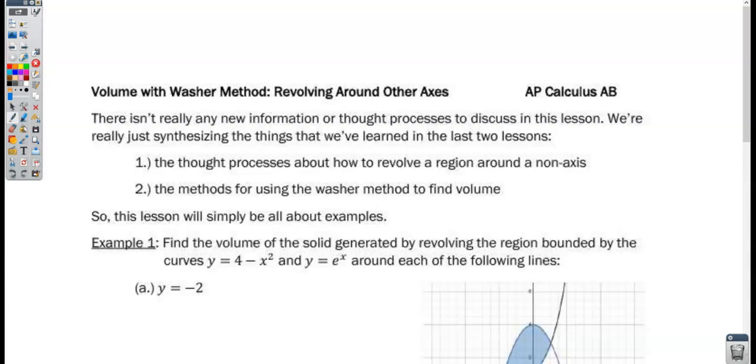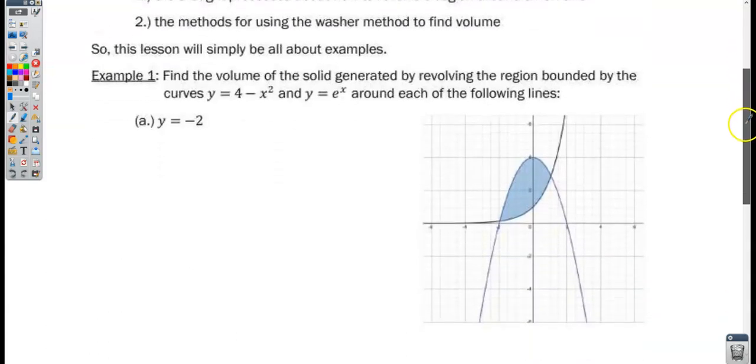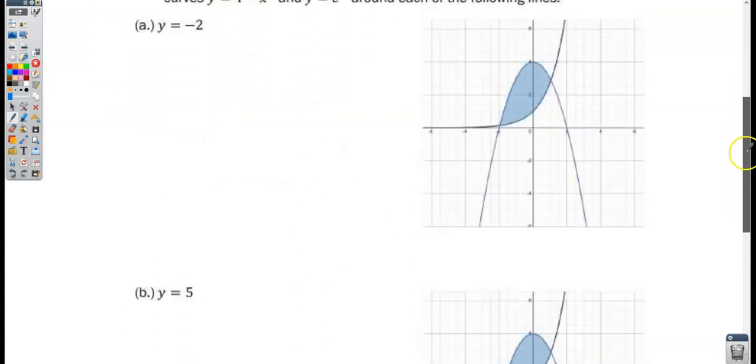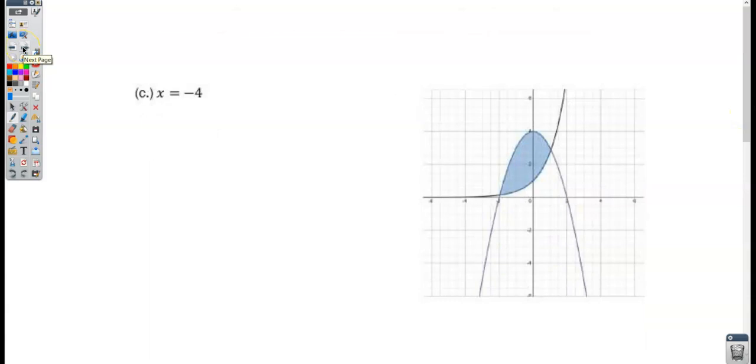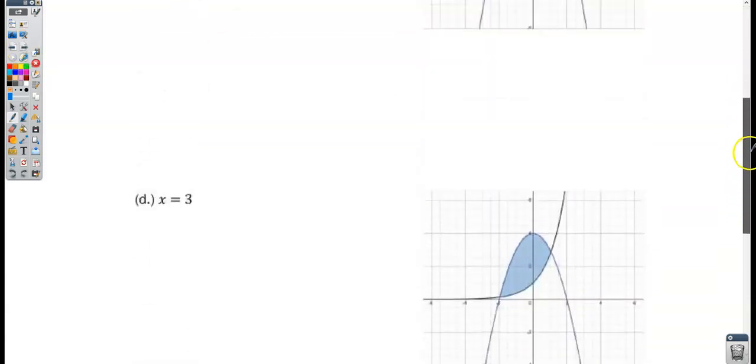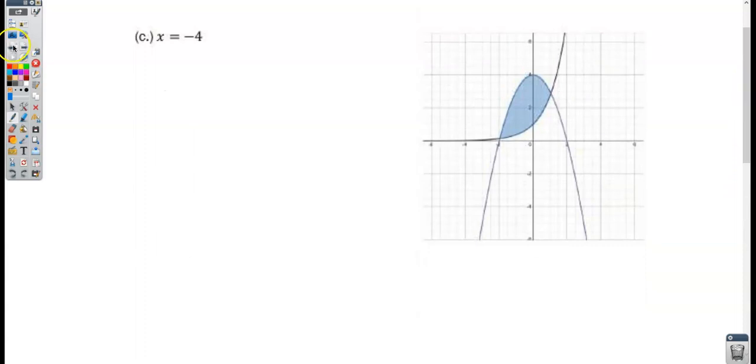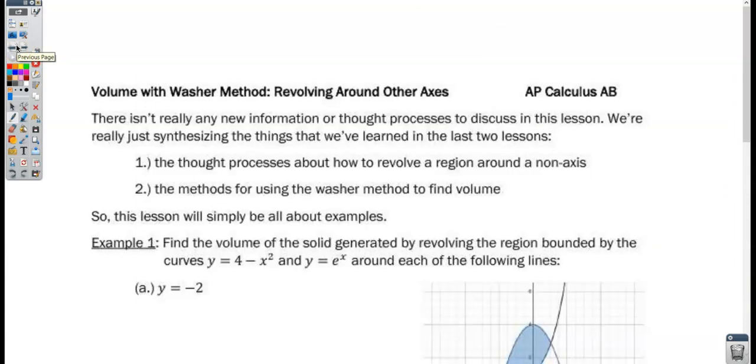So this lesson is going to be all about examples, and they are all going to use the exact same region. In example 1, it says find the volume of the solid generated by revolving the region bounded by the curves y equals 4 minus x squared and y equals e to the x around each of the following lines. We're going to revolve it around y equals -2, around y equals 5, and then next time we're going to revolve it around x equals -4 and x equals 3. So we're taking the same region every time, and we're just going to revolve it around